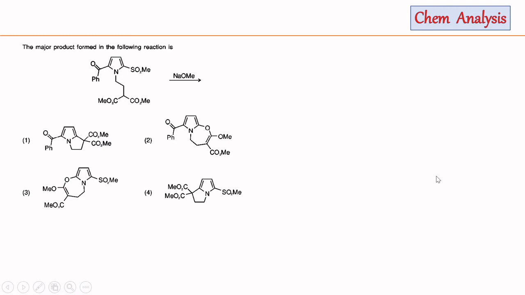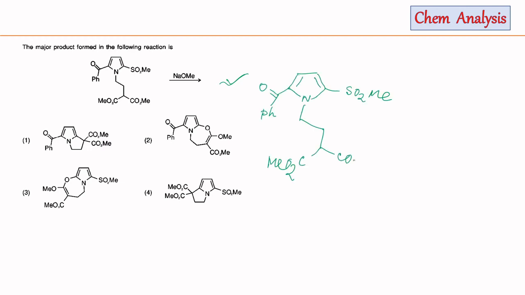In this next question you have to tell about the final product. Let me draw first the starting material and CO2Me. In the first step, sodium methoxide will abstract one acidic proton, and that acidic proton is this one, since it is the most acidic proton, and sodium methoxide will abstract this proton to form an anion here, and the generated anion will be